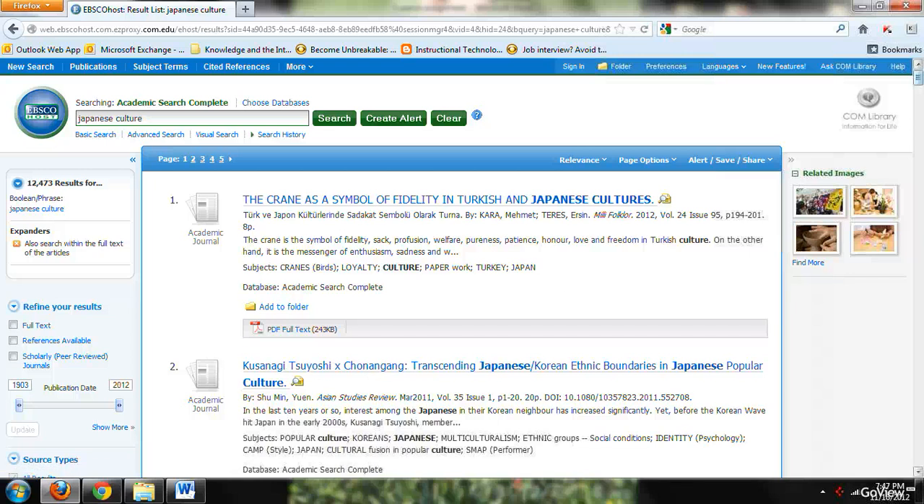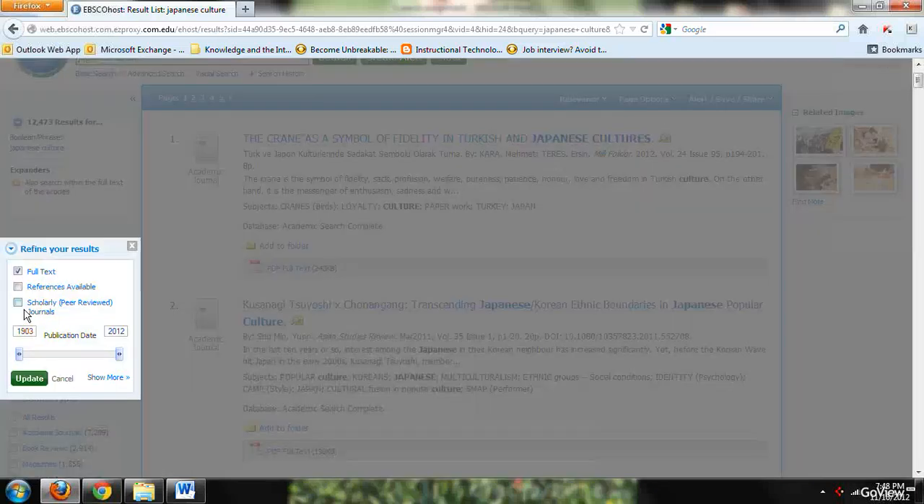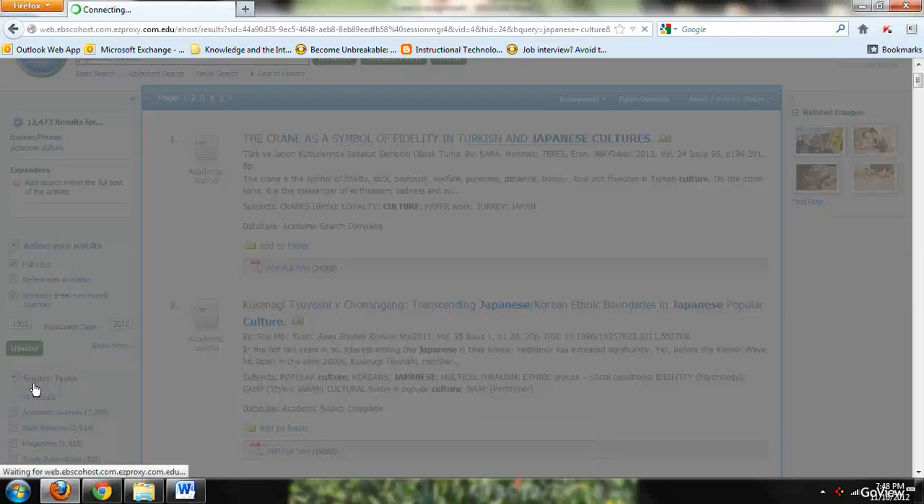Now obviously this is far too many to read. So let me start out showing you how to limit these. Now the first thing that you want to do to refine your results is look here on the left hand side of the page and click the full text box, and then click the scholarly peer-reviewed journals box. Click update, and after you have done that,